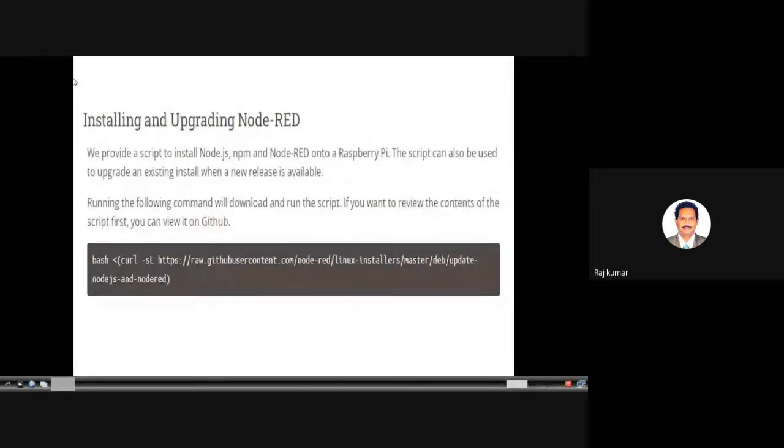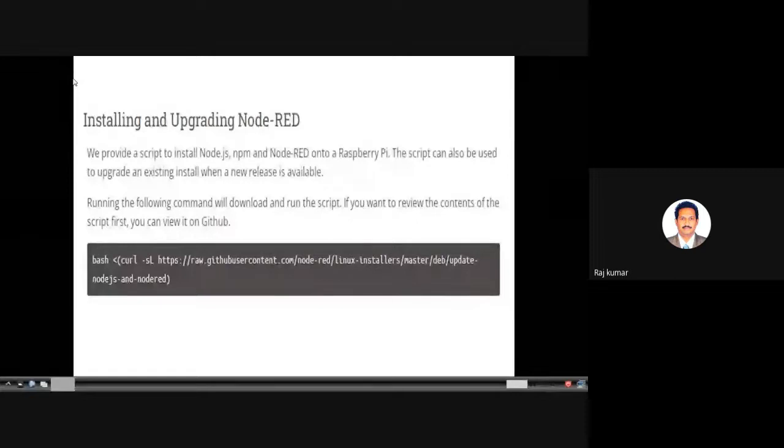And the third one is Node-RED itself. These 3 combined work behind the scenes. Only Node-RED will be visible to us, whereas Node.js and npm will be in the background. Node-RED will be in the foreground on the Raspberry Pi.